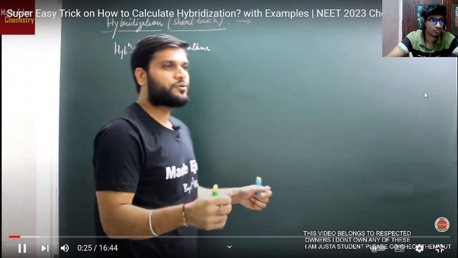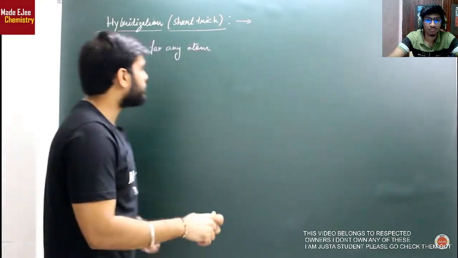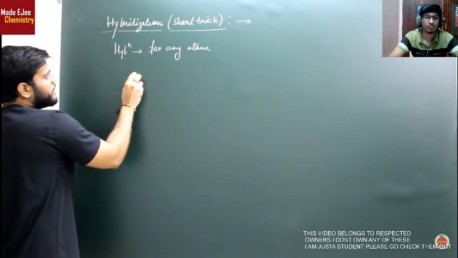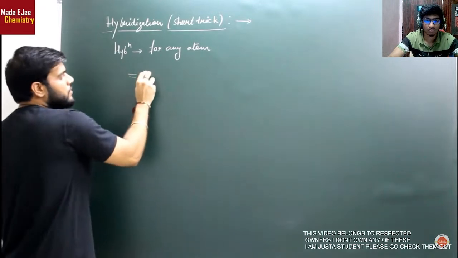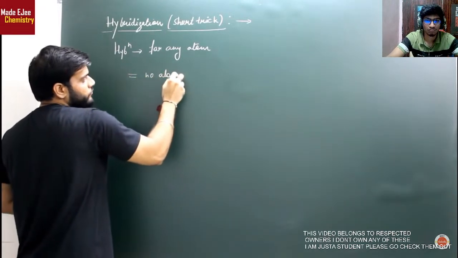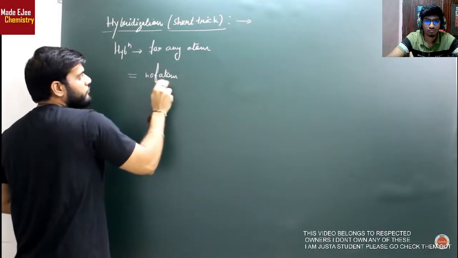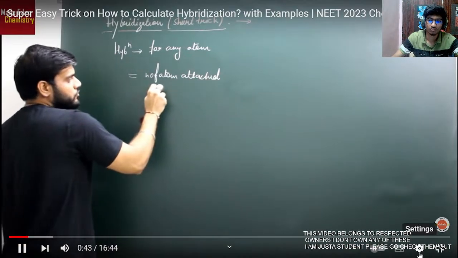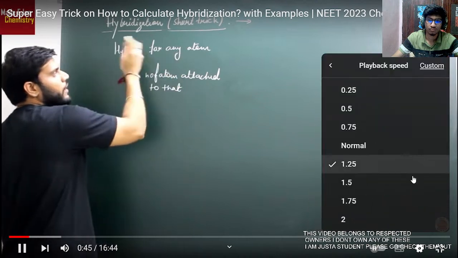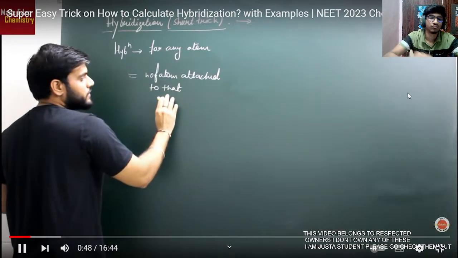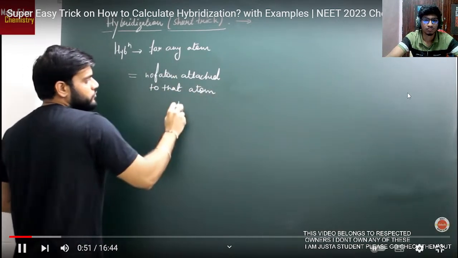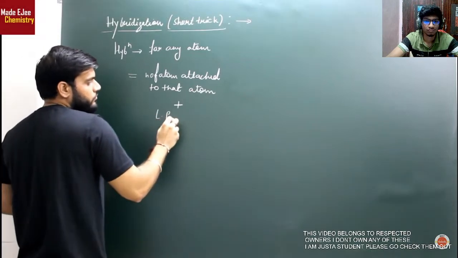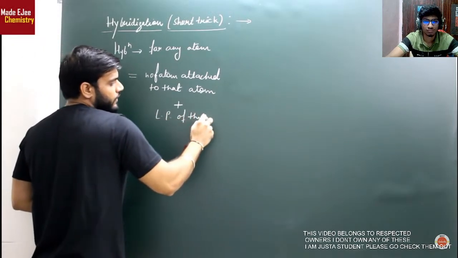पता नहीं book में बहुत बड़े बड़े formulas लिखे होते हैं, किसी चीज की जरूरत नहीं है, आपको दो चीजें ध्यान रखनी हैं। If you want to calculate hybridization you need two things. First one is number of atoms attached to that atom। जिस भी atom का आपको hybridization निकालना है उसके साथ कितने number of atoms attached हैं, एक तो ये चाहिए और प्लस में दूसरी चीज, lone pair of that atom। सिर्फ ये दो चीजों की requirement होती है, इसके अलावा आपको किसी और चीज की जरूरत नहीं है।